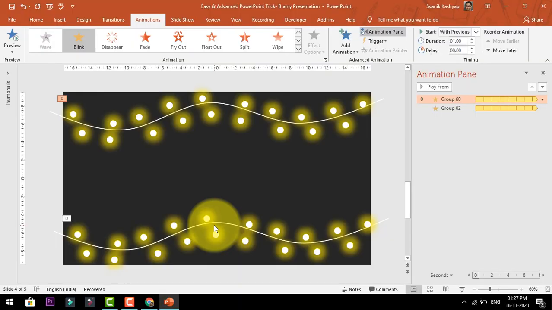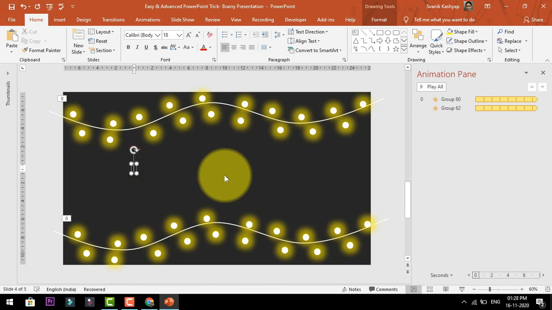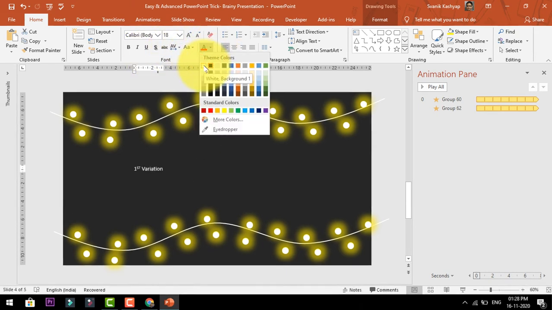Oh wow, this is so awesome. So this is the first variation. Okay, so I am going to select a text box and write first variation, and then you can select a brighter color for it, maybe white.